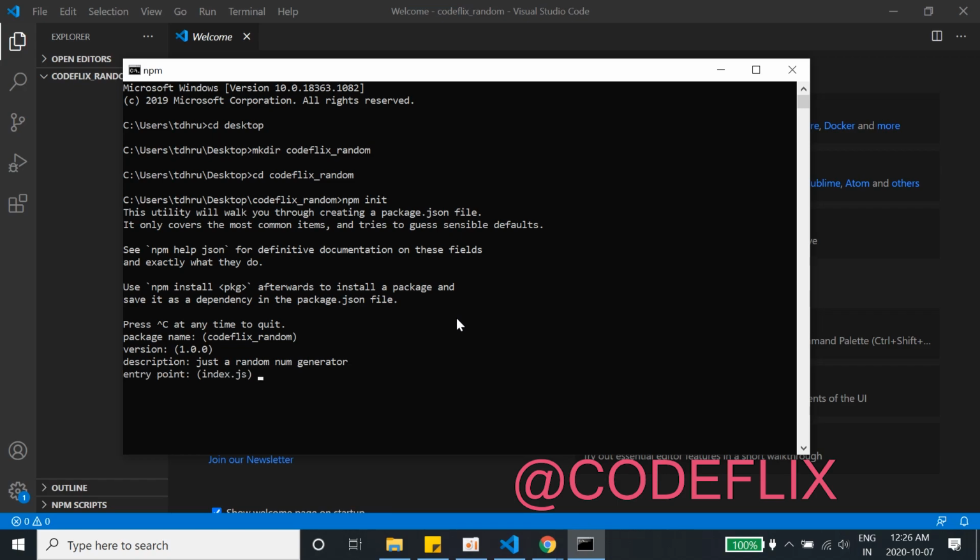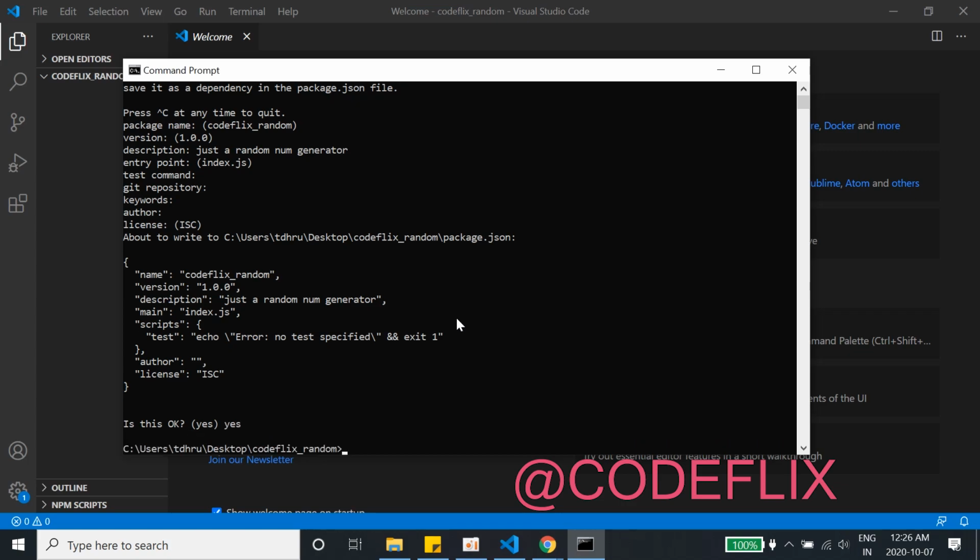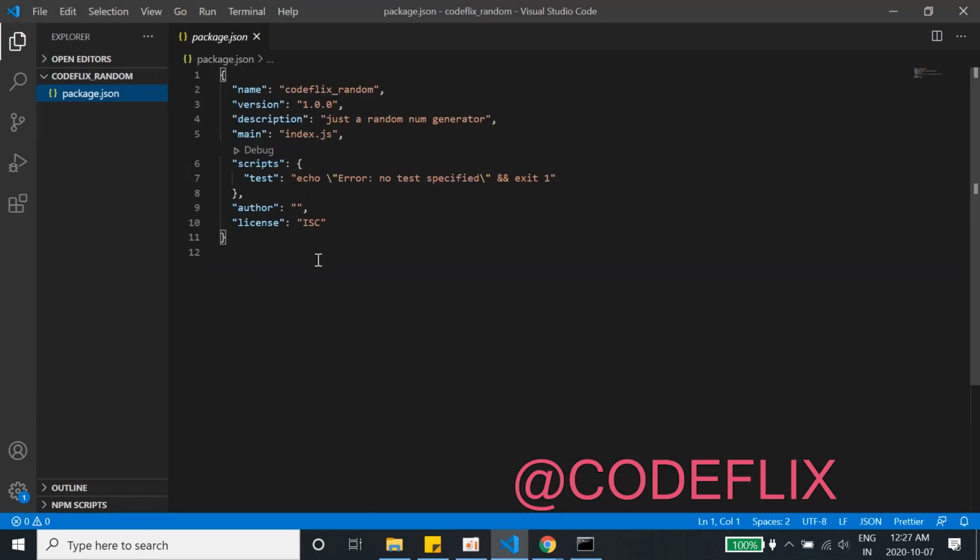Hit enter. Entry point remains as it is. Test command, we don't need it. Keywords, we don't need it. Author, if you want to give your name, otherwise that's okay. License, ISC, is it okay? Yes. So this is the package.json which will be created on hitting enter. As you can see on our left side, the package.json has been created with all the things, and our package name is codeflix underscore random.